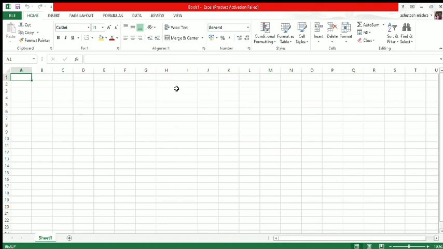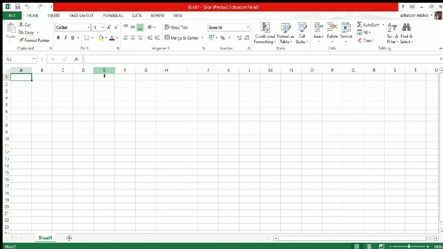Today I will teach you how to use a formula in MS Excel. First you will open a MS Excel file. In the search bar you will type MS Excel. Then you will see a file name in the list. Click on that icon, and the MS Excel program will open. That is the window of the MS Excel program.